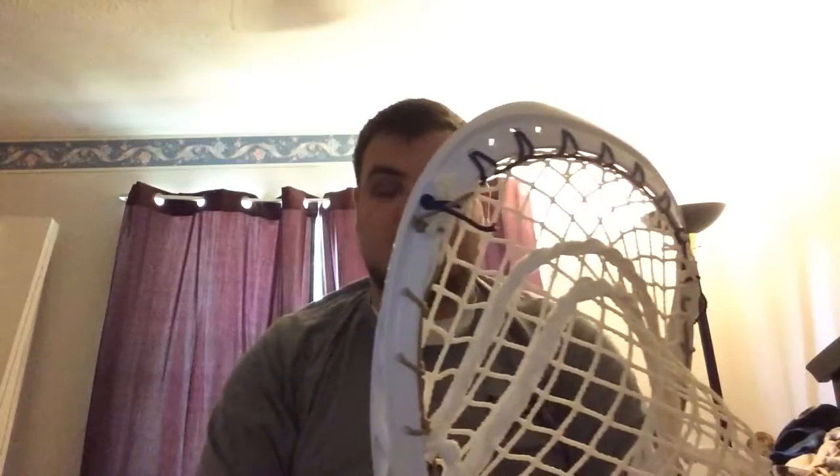Now, with the way that I have all my sticks, the bottom string is always the shooter. It won't rip the mesh. It's not going to tear and fray as fast. I also think when you do